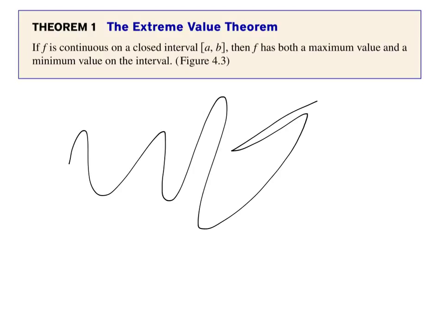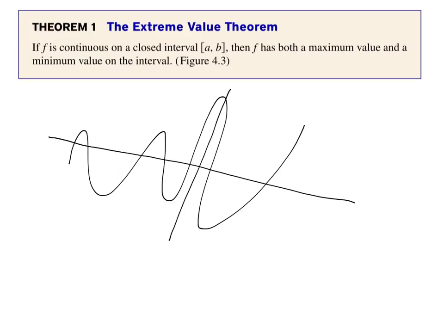Oh, that's not a function anymore, sorry. Let me see if I can erase this part. Let's just say that was our function there. Pretend like the graph was angled like this so that it is a function. So here's our graph, and we're growing from, we'll just call it A up to, they're calling it B. So from A to B,